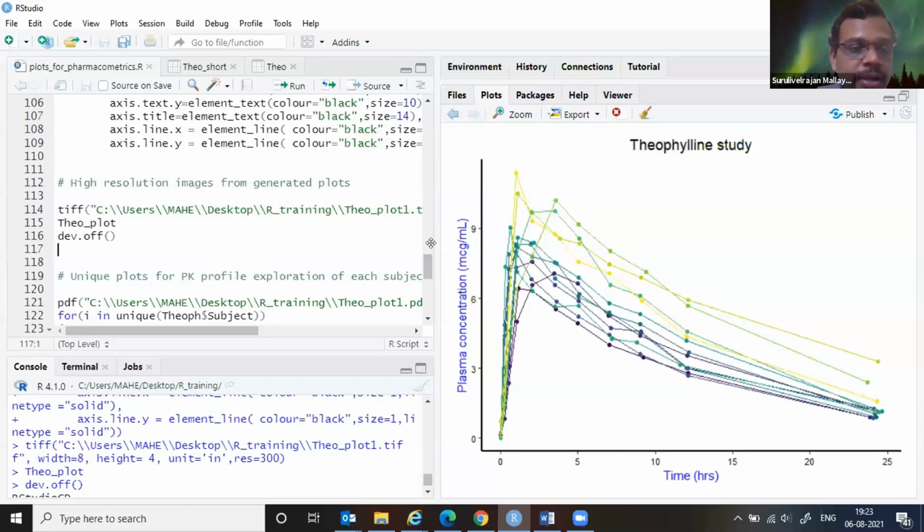It could be simply that instead of 2.3 they typed 23. That's possible, and your maximum Cmax is like 10 for all the patients. One particular Cmax is something like 23. These kinds of issues will crop up during our initial assessment. So it's very important for all of us to have this data wrangling as well as data visualization skill.